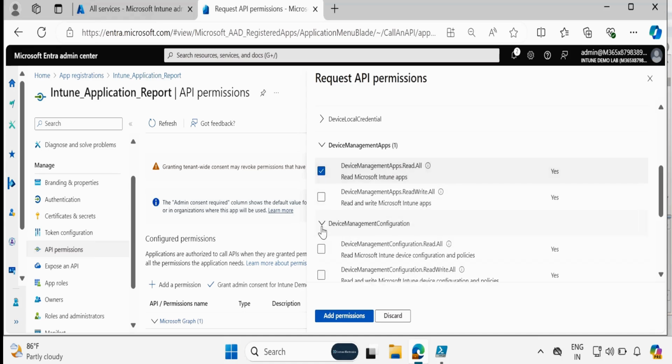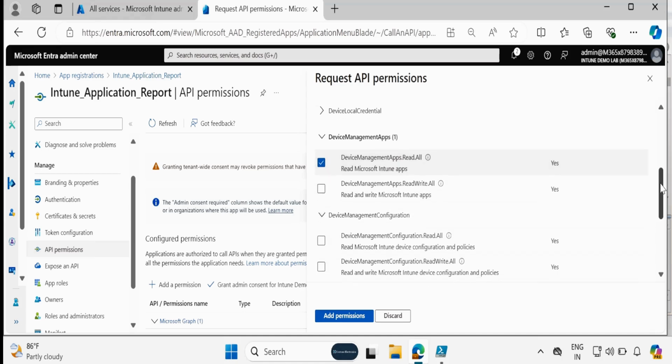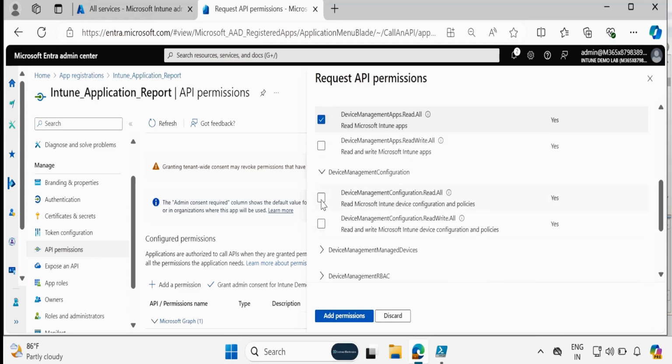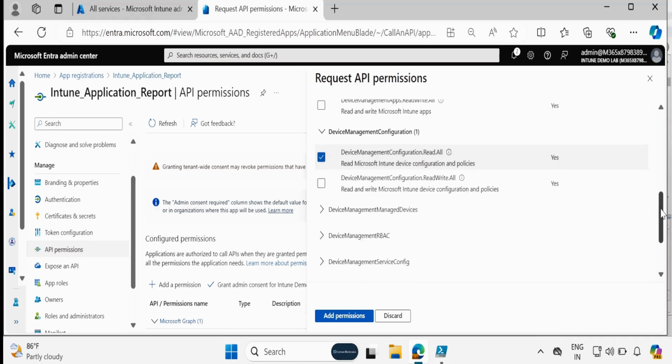And I am going to provide all the read all permissions because I am going to use this application in the future videos, but you can specify the required permissions.